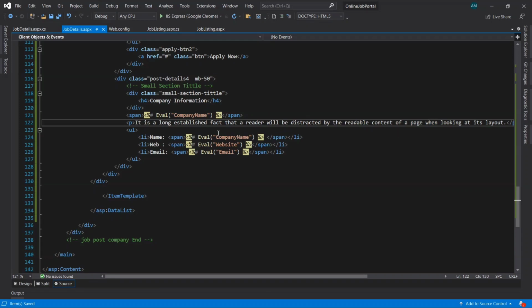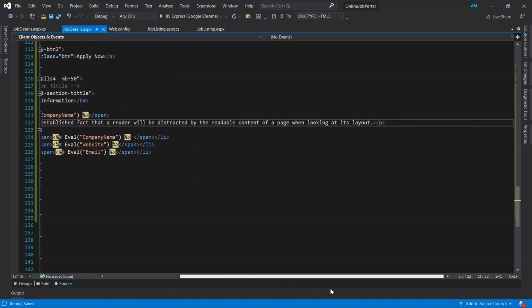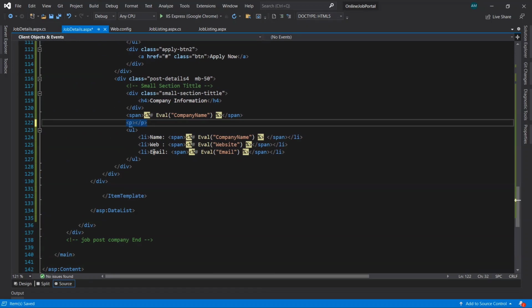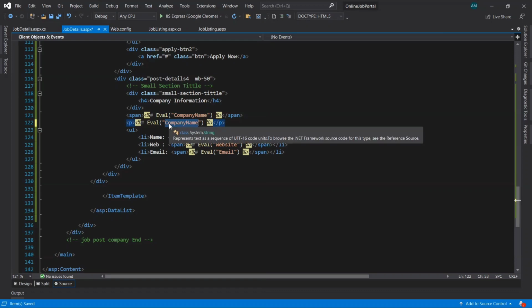We'll give the company address over here. So we'll remove the text from here and paste it, and let's give address here.